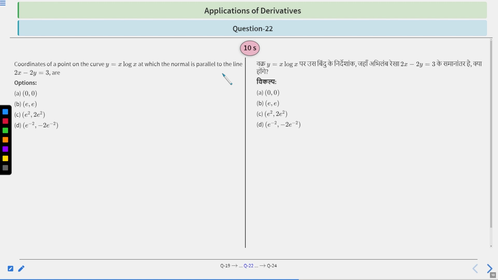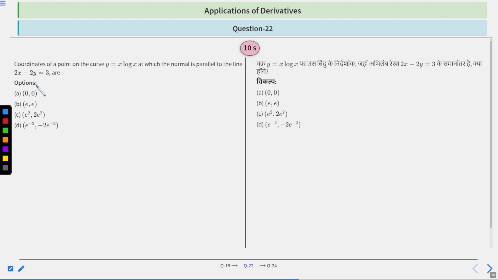Clear? So we can find normal to this curve by first calculating dy/dx, which will be the slope of tangent of this curve. So what will be the slope of normal to this curve, which will be minus dx/dy. We take the reciprocal of dy/dx and apply a negative sign. That will be the slope of normal, and slope of normal will be equal to slope of this line. What is the slope of this line? The slope of this line is 1. So we will find the slope of normal, which is minus dx/dy, and after that, we will equate the slope of normal with 1. Right? So we will get the values of coordinates x and y.